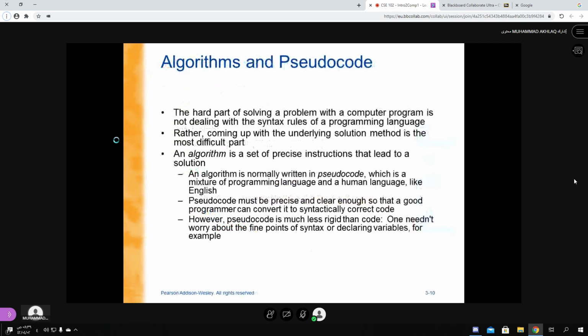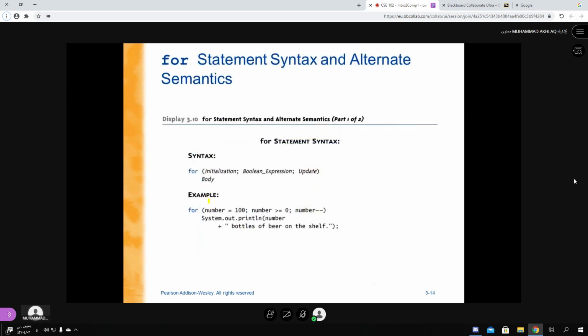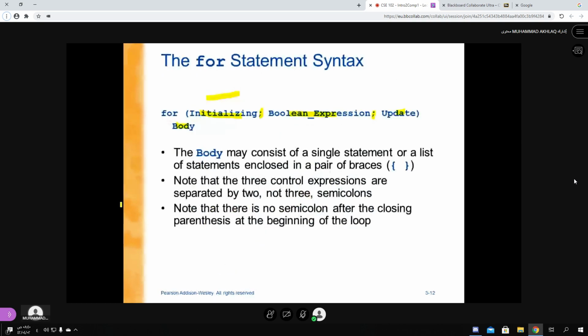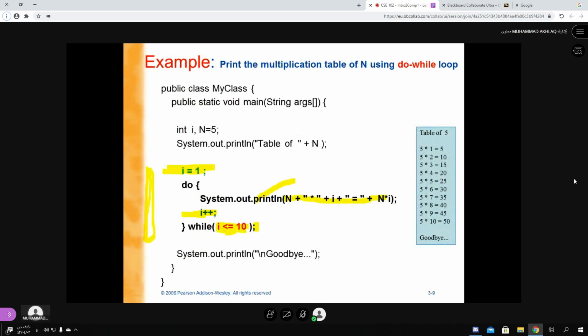Similarly, in the for loop, you have any starting point, and it will run like this. For example, for number is equal. This is the initialization, and then it will check the condition. If it is true, it will run this statement, and then it will increment or decrement. And if this condition is still true, it will make a loop like here. This initialization runs only once in the beginning, just like in do while, this initialization will run only once. It is not inside the loop. So same here.